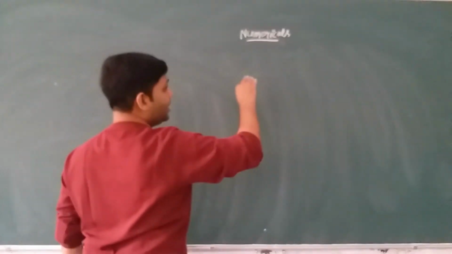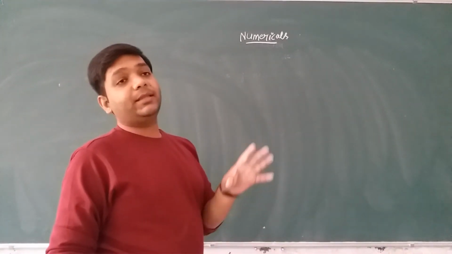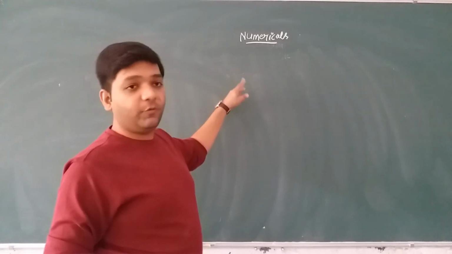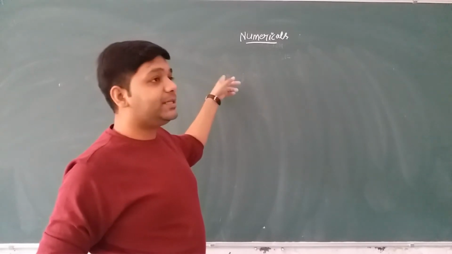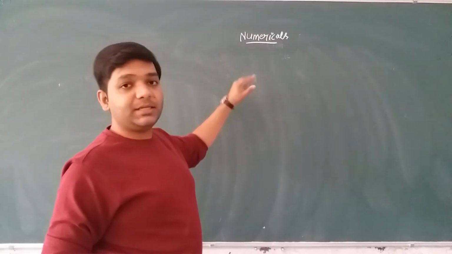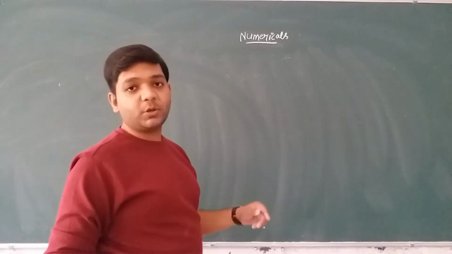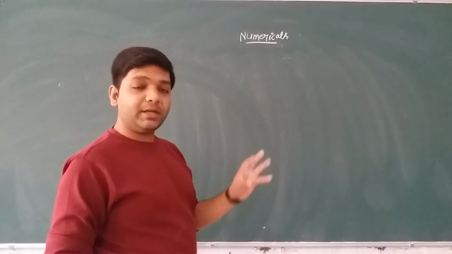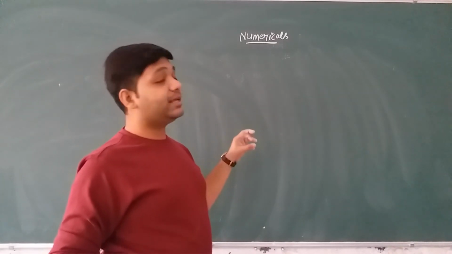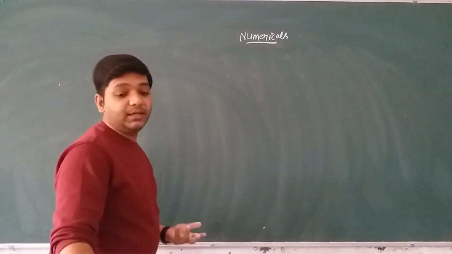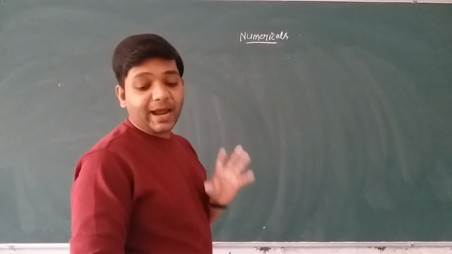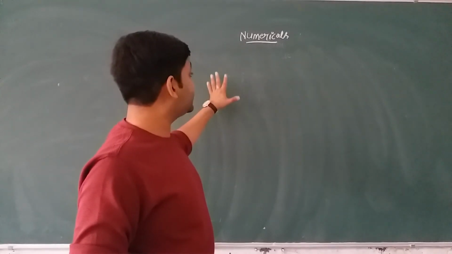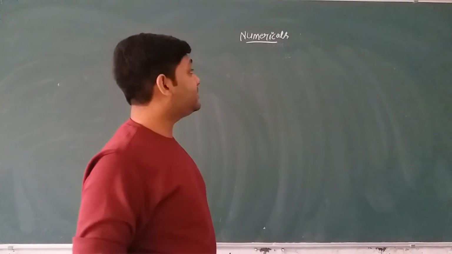Okay? And because we know that the value of pressure is inversely proportional to the radius. We know P is equal to 4T upon R in case of a soap bubble. So because T is constant for any liquid, the value of surface tension is constant, P is inversely proportional to R. So bigger is the radius, smaller is the value of excess pressure, and smaller is the radius, greater is the value of excess pressure. So inside that soap bubble in which the pressure is 4 times that of the other bubble, its radius will be smaller.